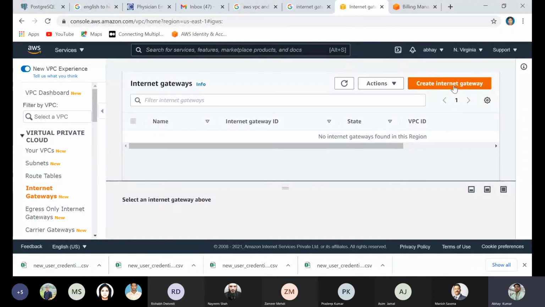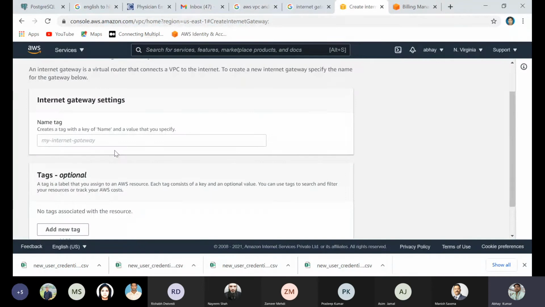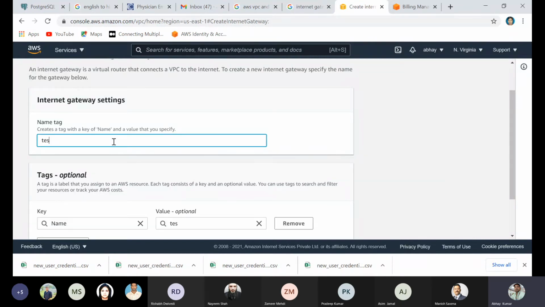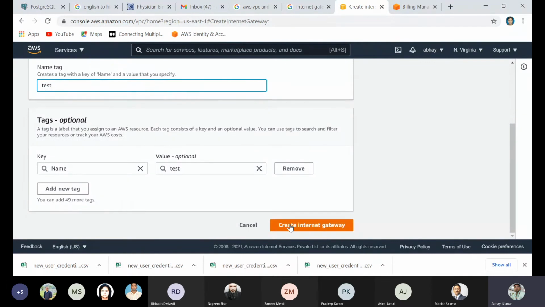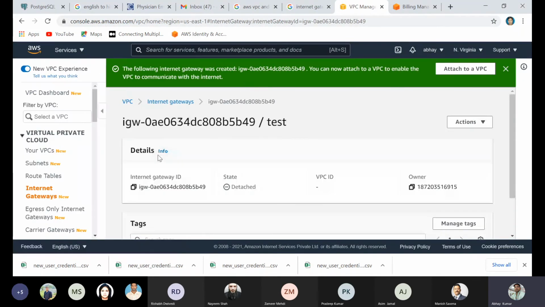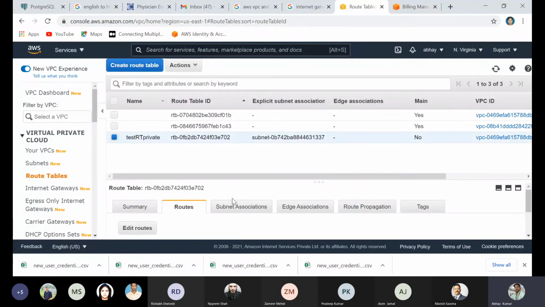Here, create an internet gateway. Internet gateway is for communicating with the website using HTTP. That is the requirement of the internet gateway. Yeah, so our internet gateway is created. So we can go with the route table and go in here.